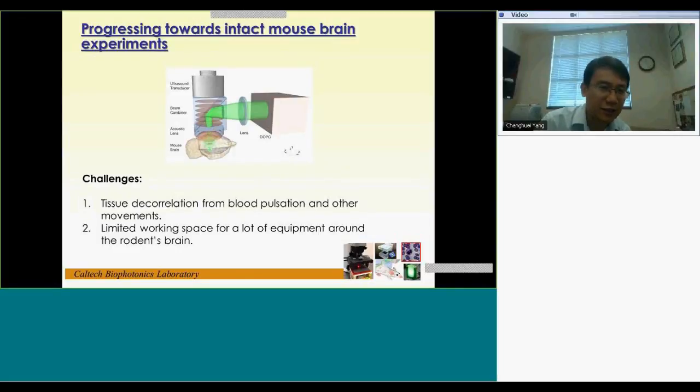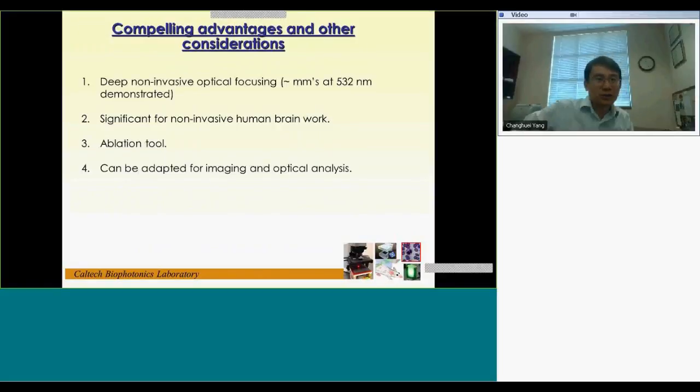The other thing is that there's a limited amount of working space for a lot of equipment that we need to place around the rodent's brain. So we're working hard on compacting everything effectively enough so that we can do this experiment going forward. All right, so there are some compelling advantages that I would like to highlight in this last slide